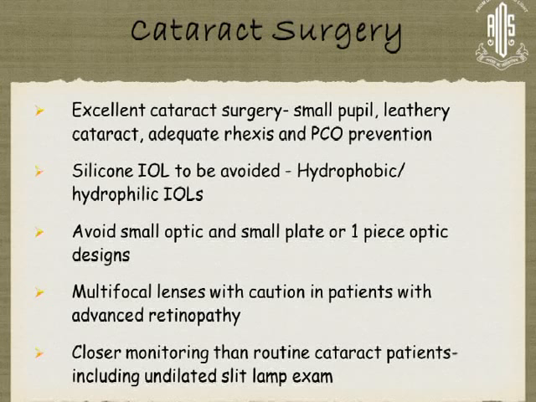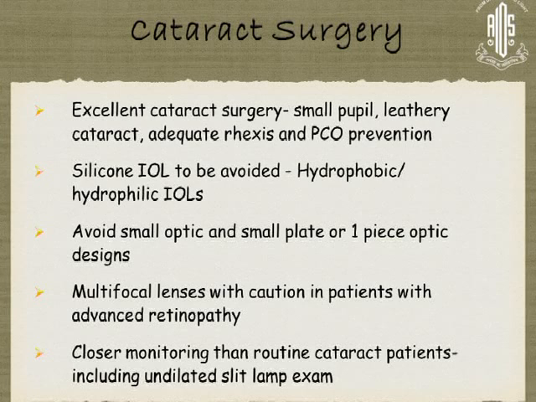Now when you are doing cataract surgery, what are the things that you need to take care of? You need a good quality cataract surgery. You have to avoid the complications of disturbing the posterior capsule and the anterior hyaloid. You have to remember that a lot of these patients don't have very well dilating pupils. You may have a leathery cataract. The rhexis needs to be large, and you need to do whatever you can to prevent PCO. Silicone IOLs are anyway on the way out. You prefer a hydrophobic or a hydrophilic IOL. Small optics need to be avoided, preferable to put in a 6.5